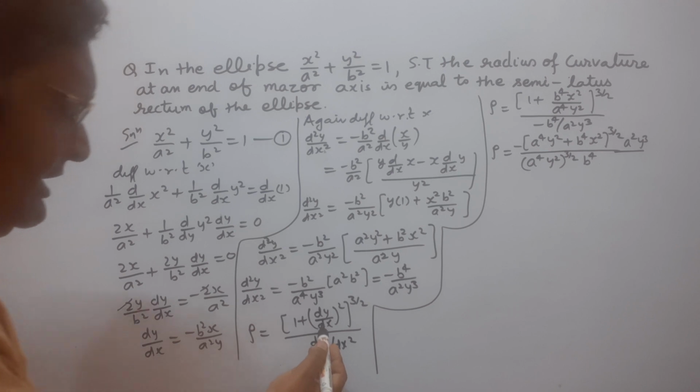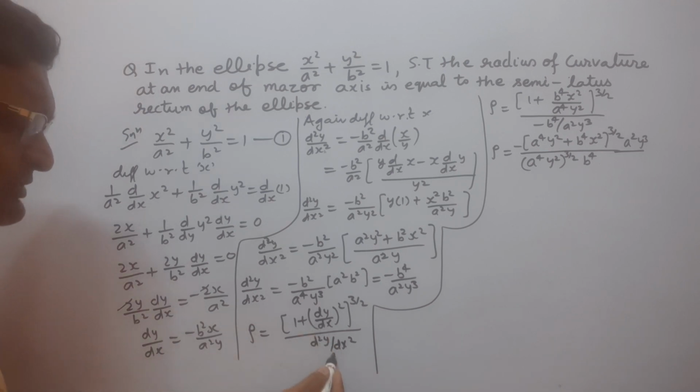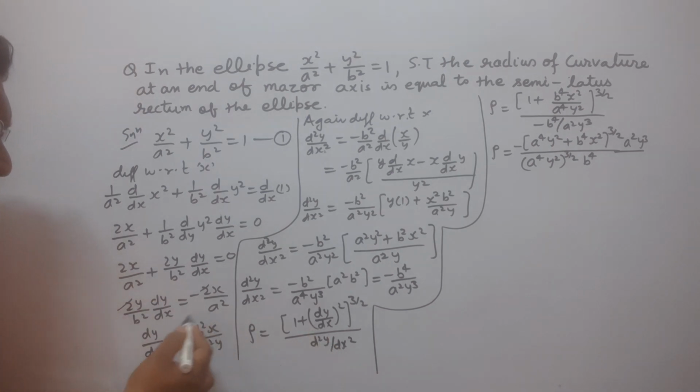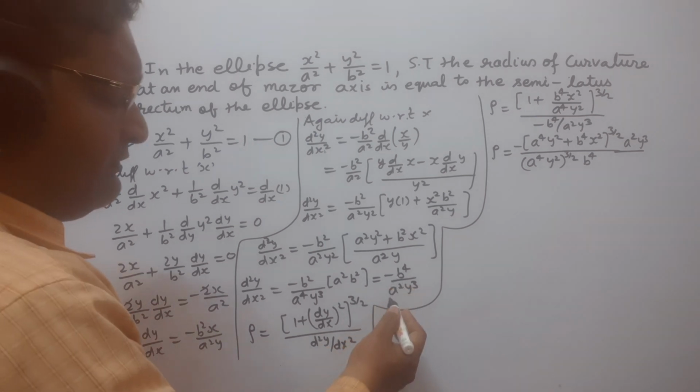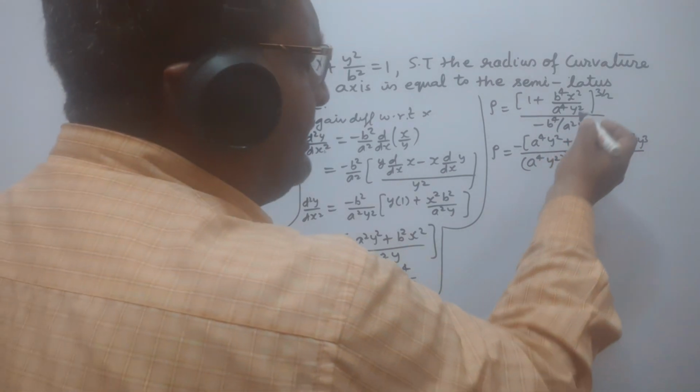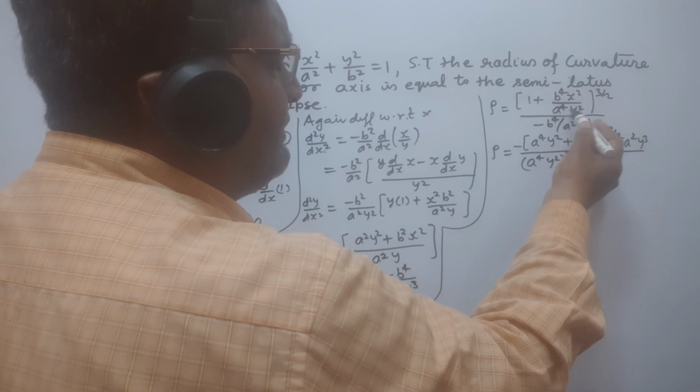आप देख सकते हैं यहाँ पर dy by dx और d2y by dx2 की वैल्यू सब्स्टिट्यूट की गई है। dy by dx की वैल्यू माइनस b² x अपॉन a² y है, इसका स्क्वायर करेंगे तो माइनस का स्क्वायर प्लस होगा, b² का स्क्वायर b⁴ x² होगा और a² का स्क्वायर a⁴ आएगा अपॉन y² और इसी तरह d2y by dx2 की वैल्यू माइनस b⁴ अपॉन a² y³ सब्स्टिट्यूट की गई है।